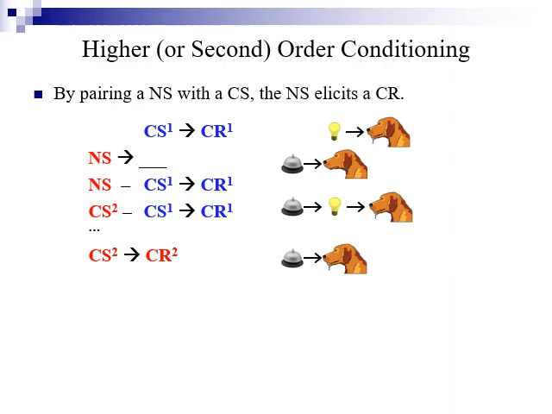Now this is an interesting phenomenon. Interesting, I think, because the bell has never preceded food delivery. The dog is salivating to a bell, but it has never gotten food after hearing the bell. And yet, because of the pairing of the bell with the light, the dog begins to react to the bell as it does to the light.